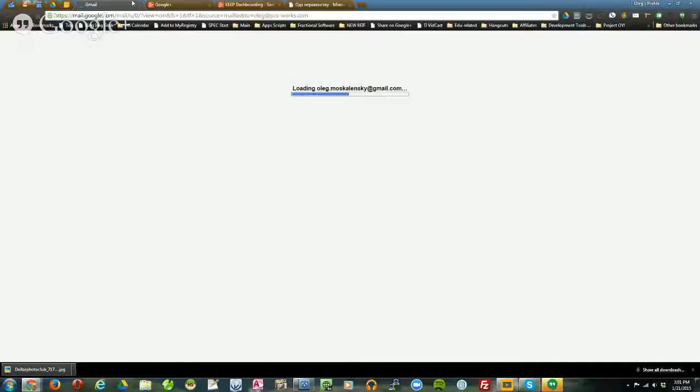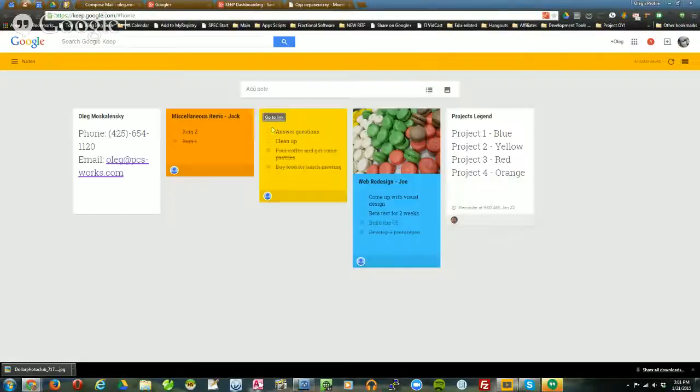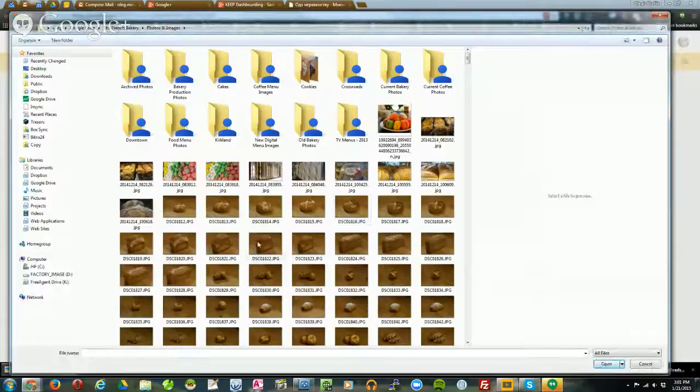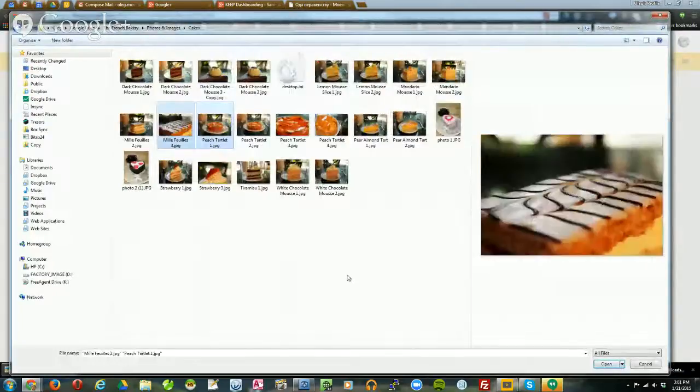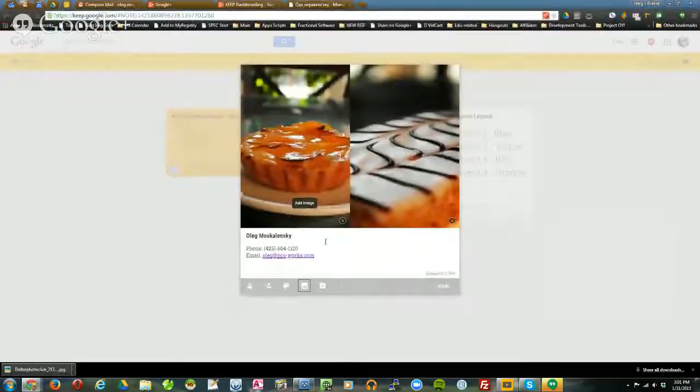So I'm ready to start emailing this person right from there. You can also put in additional information. Let's say you take a picture of their house, maybe, or several pictures. So I'm going to just put a couple of images of cakes here. With a couple of images in there, we get a couple of pictures there, and we can